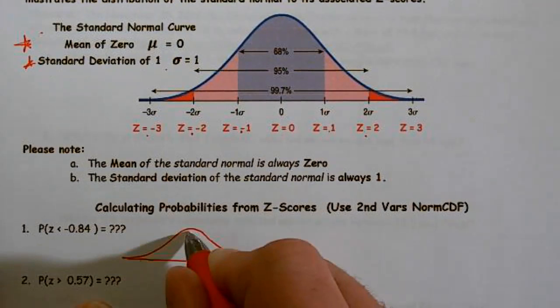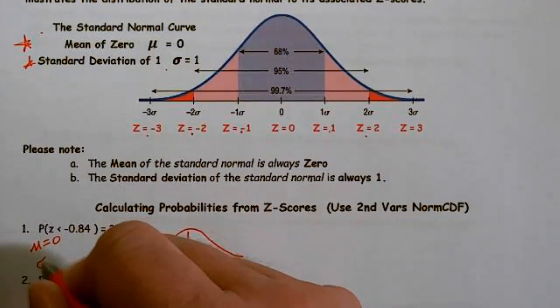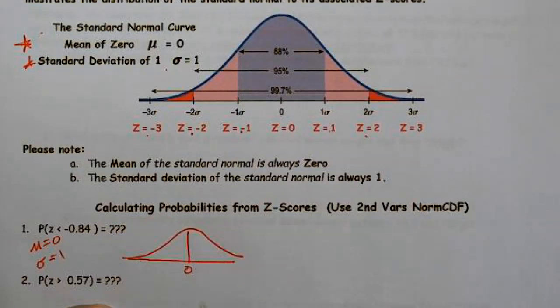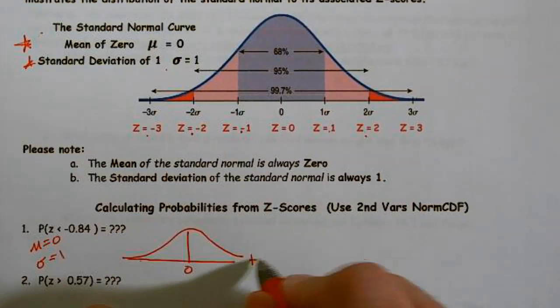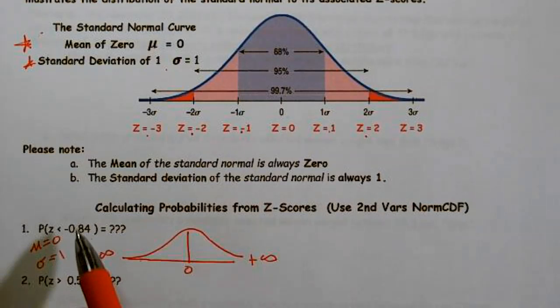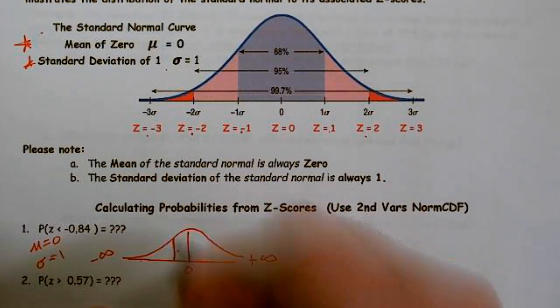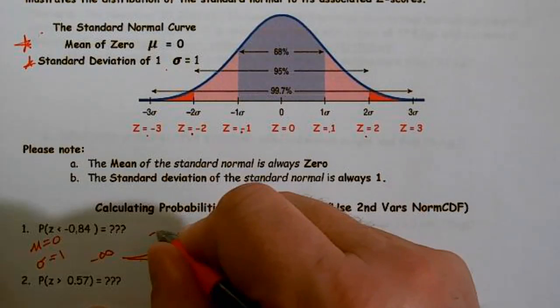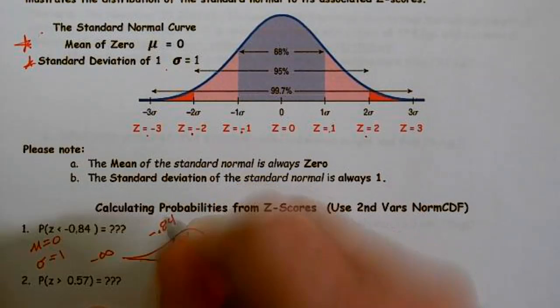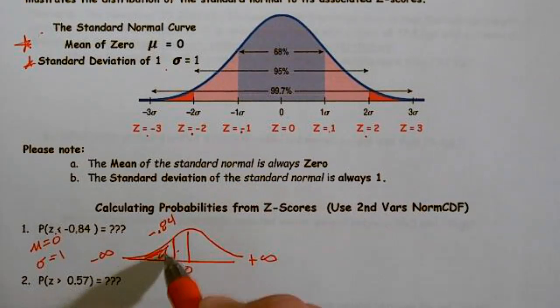Since it's a z-score, guess what? My mean is 0 and my standard deviation is 1. Well, this goes to positive infinity and this goes to negative infinity. I know that this is a negative value, so it must be below 0. I don't know where it is below 0, but it's somewhere below 0. So this is negative 0.84. And notice I have a less than symbol, so I'm shading